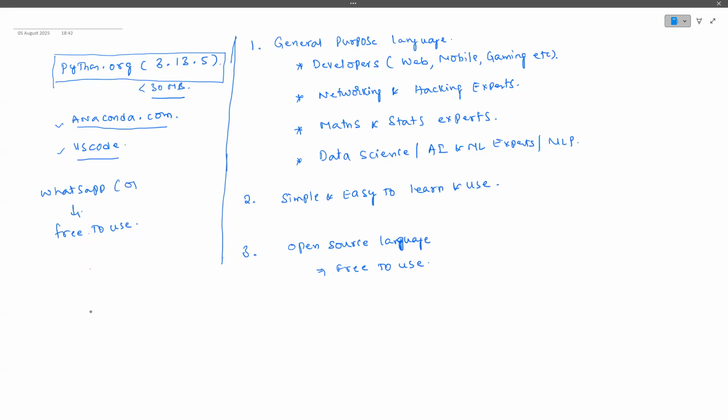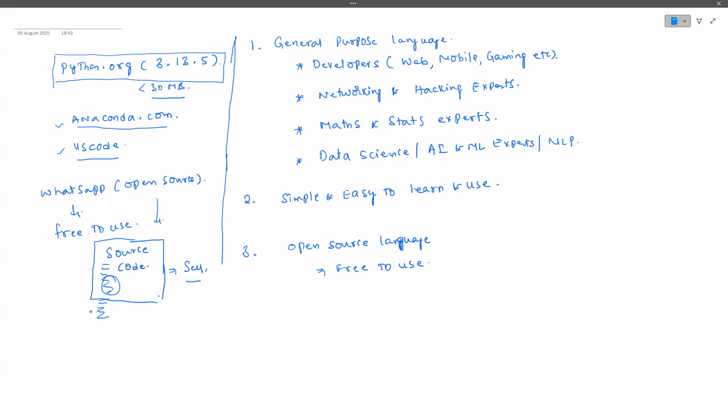If WhatsApp were really open source, they would directly give you the source code, whatever code has been written for the application. Now you can modify the code, add some extra code, delete some unnecessary code, and you can even sell it as your own product. You can sell it to somebody if you want.